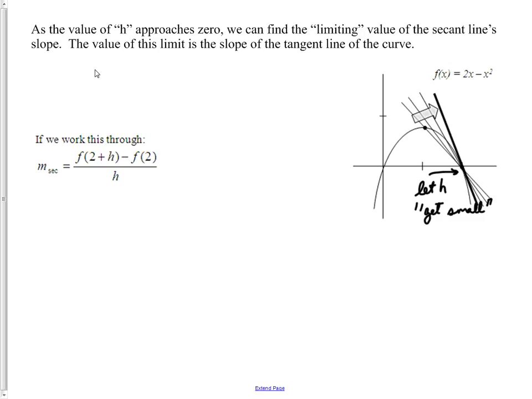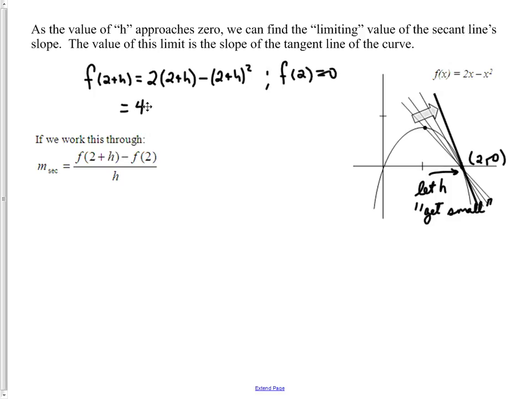Well, we know that f of 2 plus h is going to be the same thing as 2 times 2 plus h minus the quantity 2 plus h squared, whatever that works out to be. And we already know what f of 2 is. F of 2 is equal to 0, because we've already established that this graph passes through the point (2, 0). So if we make the substitutions right here, I'm going to simplify this f of 2 plus h business to give me 4 plus 2h